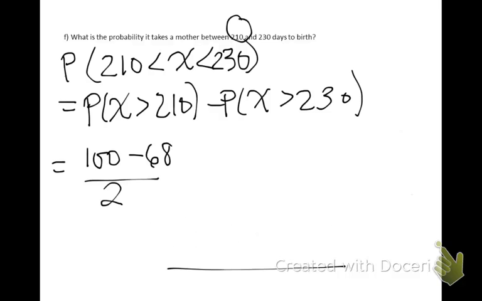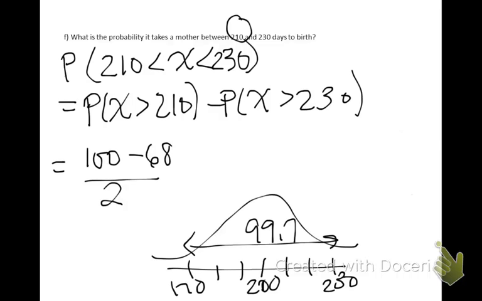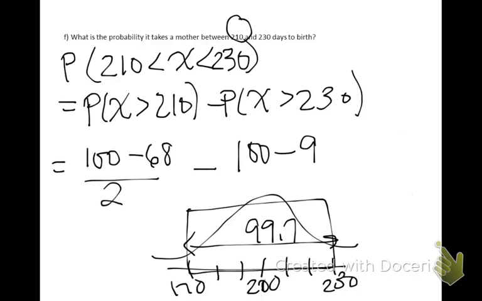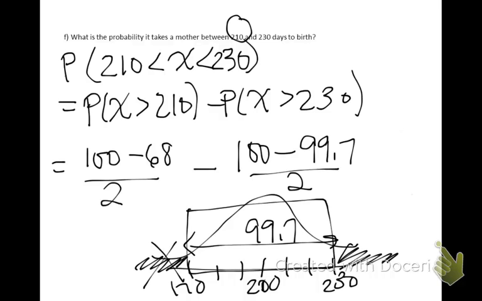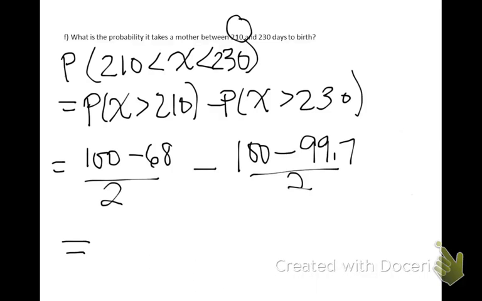To get the probability of being greater than 230, we'll use the property that the area under the curve is 100% and subtract out the central 99.7. That leaves over the area below and the area above. Since we only want the area above, we'll divide by 2. That lets us choose to get rid of the lower half and keep the upper half. This probability comes out to